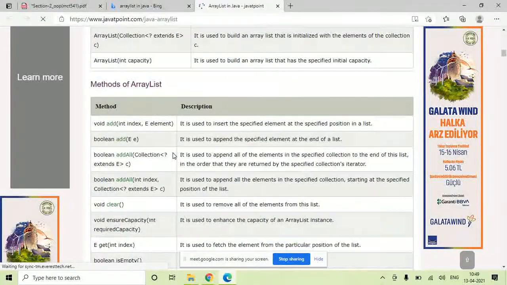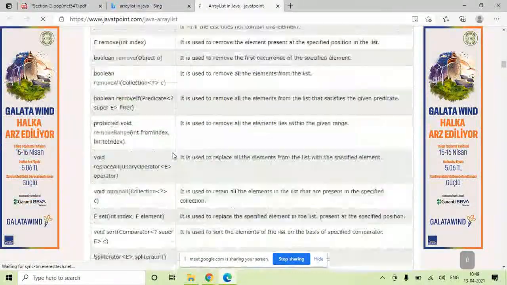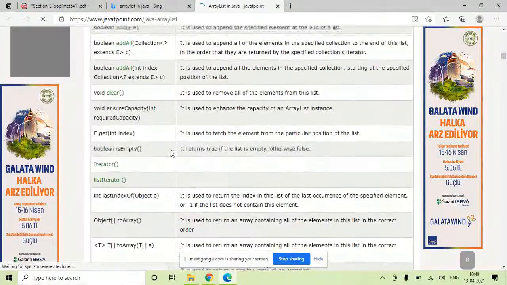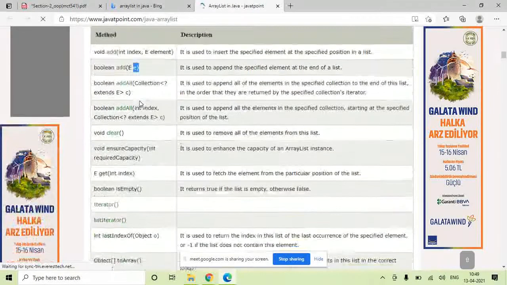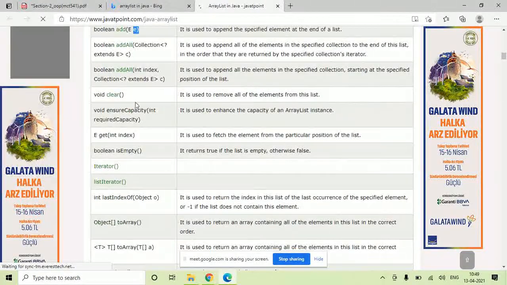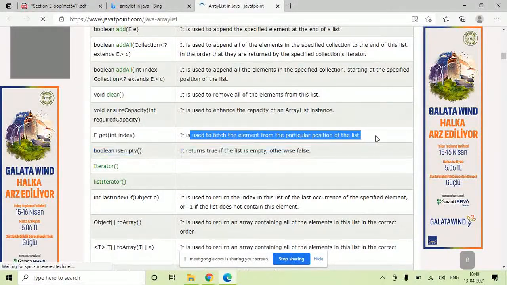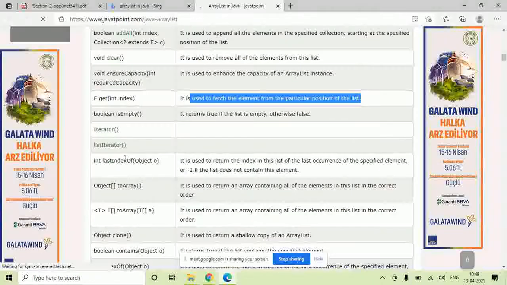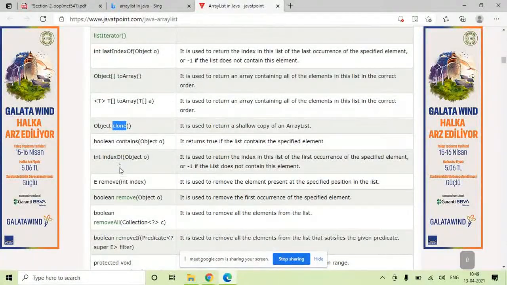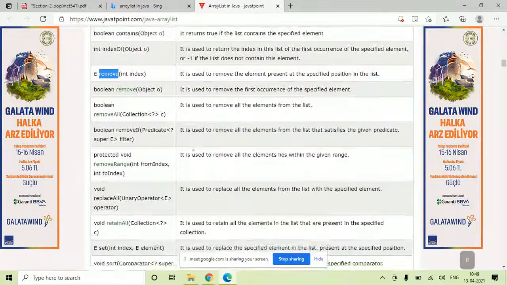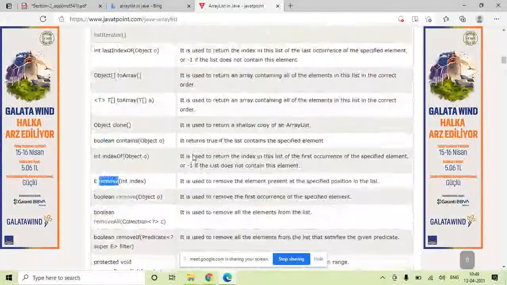And what are all the methods available in the array list? See, these many methods are available. Say the add method is available. This method we have seen, add at position number 1 and what element you want. This method we have seen, add element E. One is the addAll method, one is the clear method, the get method, isEmpty is there, and its description is also written. Say the lastIndexOf method is there, toArray is there, clone, which will copy an array list, is there, and the remove method we have seen. So these are various methods which are available in the array list.